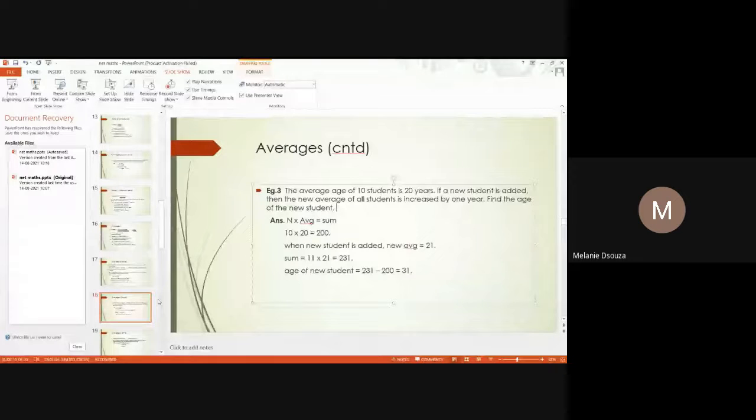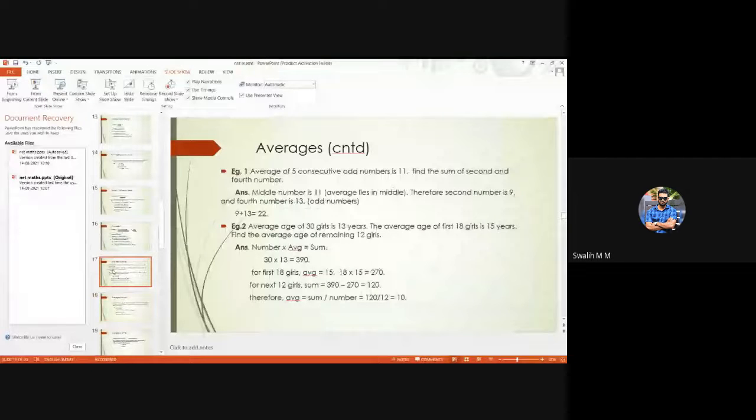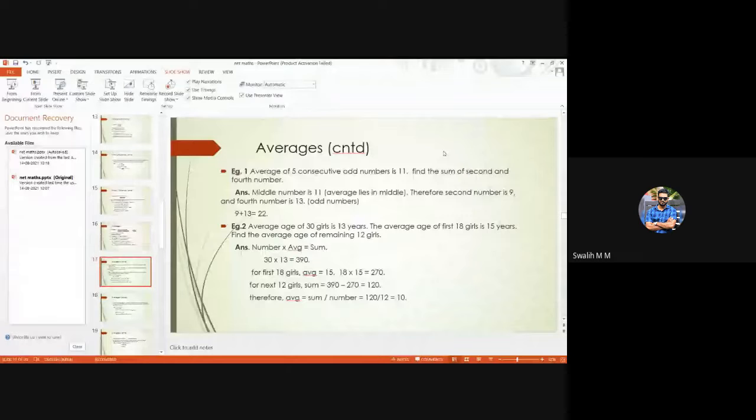Sir, could you please explain the first example and the averages again? Okay. It's the average of your first consecutive question, example 1. So it is given 5 consecutive odd numbers. Consecutive odd numbers means there is a difference of 2. There are 5 consecutive odd numbers, not the first 5, but some 5 odd numbers are given, and then it is given the average is